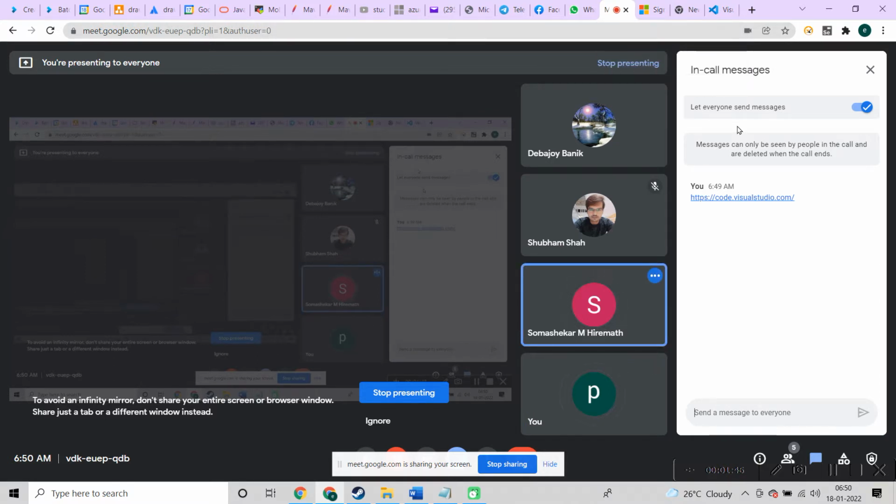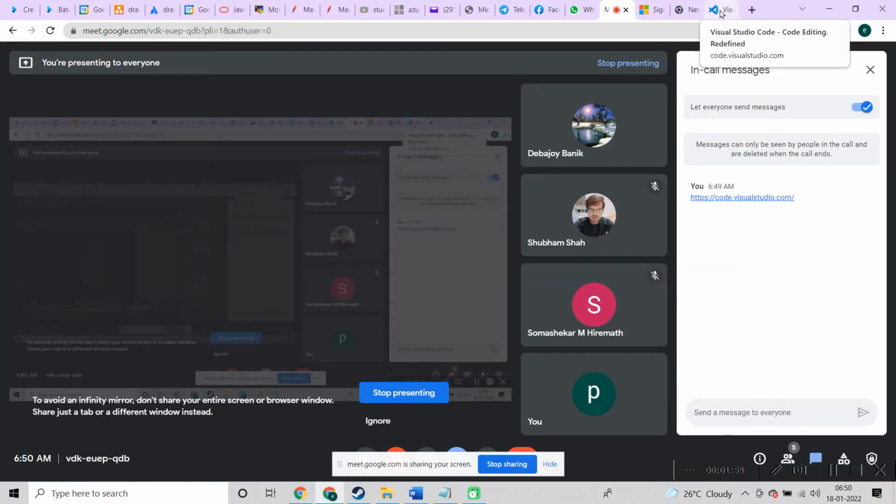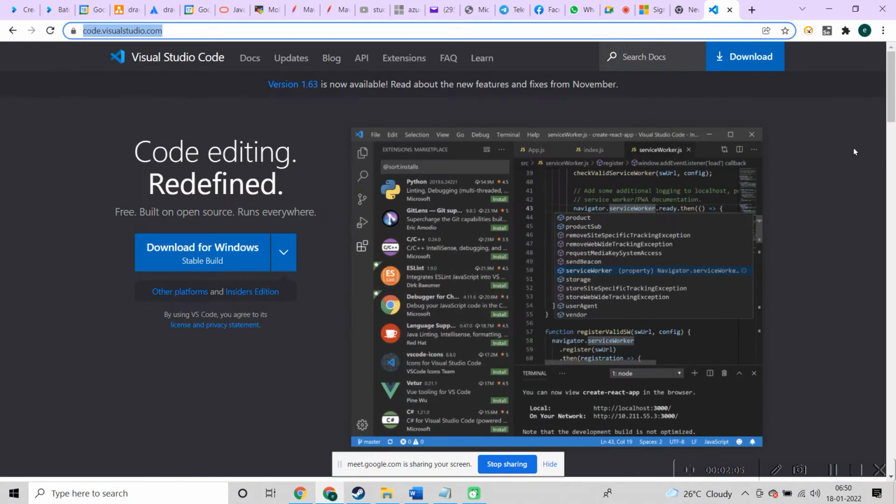Okay. There are three options: Windows, Mac, and .deb/.rpm. For you it's Windows, right?